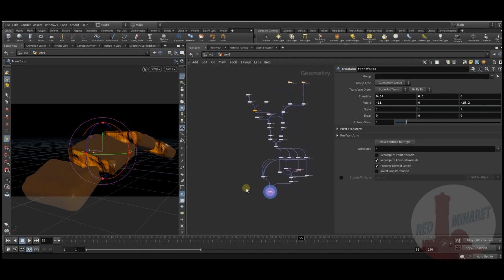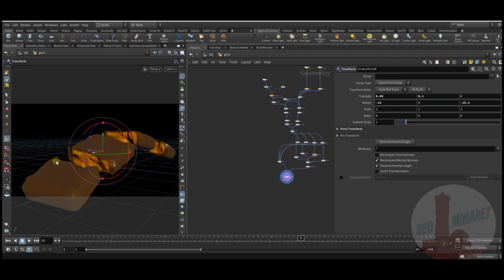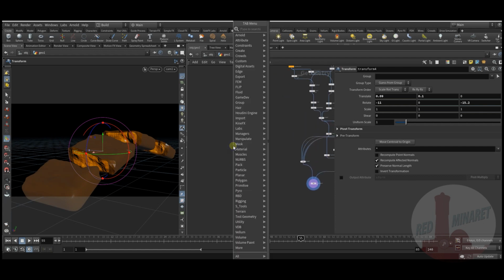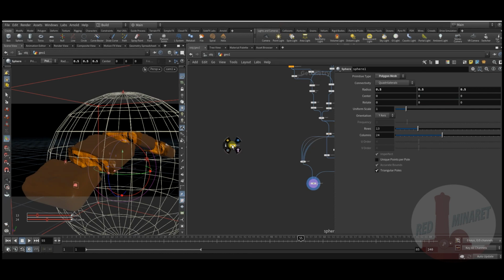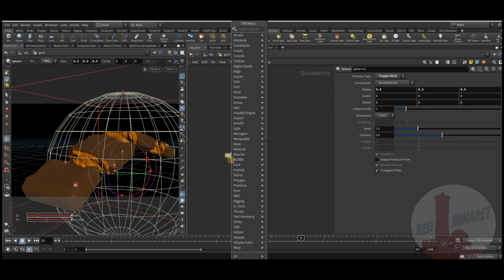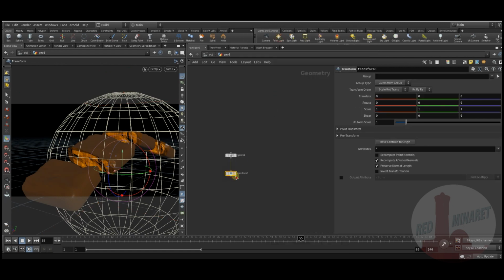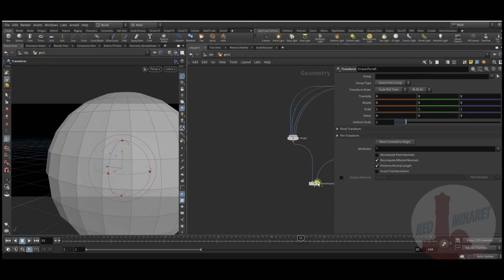Okay, next one is small pieces around broken areas. What I used is a simple sphere, nothing fancy, and simply